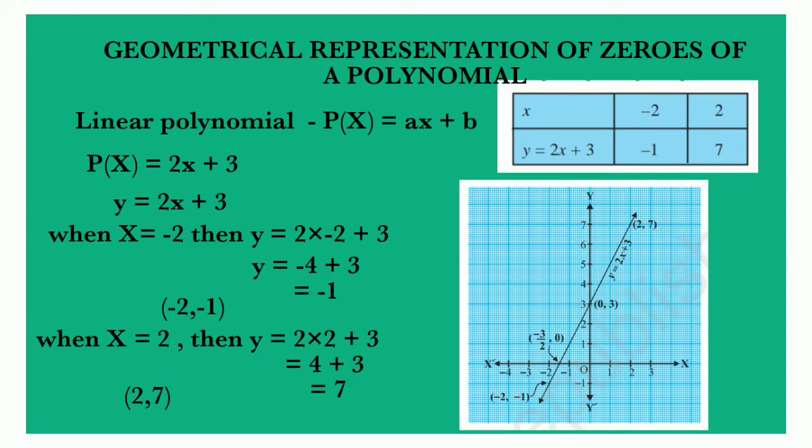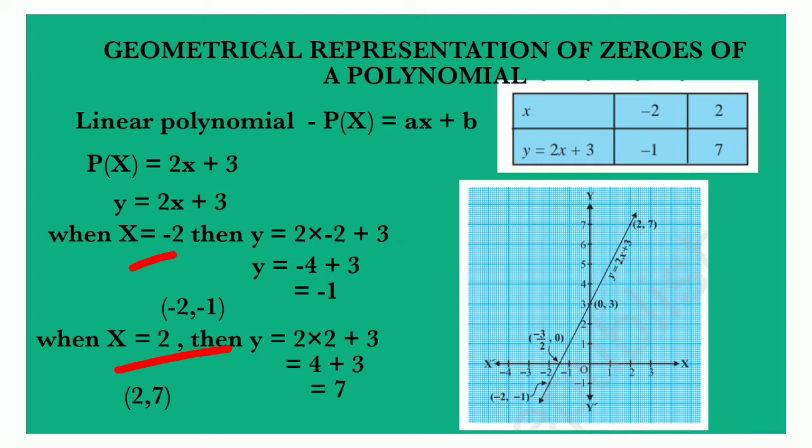So we need x coordinate and y coordinate. So for this we have to write y equal to 2x plus 3. Here x coordinate and y coordinate. So you substitute any value in the place of x, you will get y value. Okay. So I am taking here only two values. I already told you, you can take any value in the place of x, but I am taking only two values, x equal to minus 2.